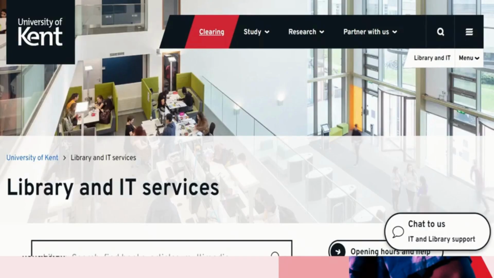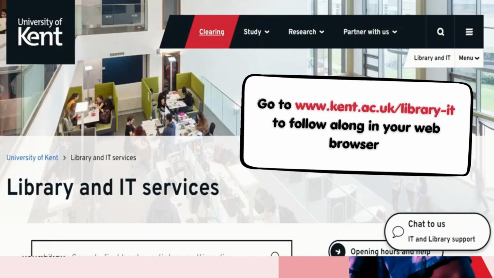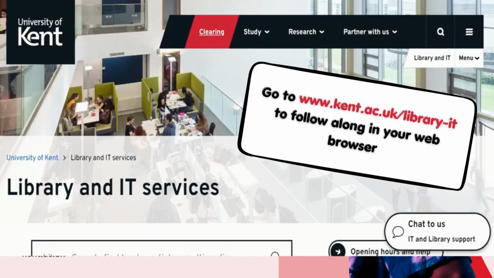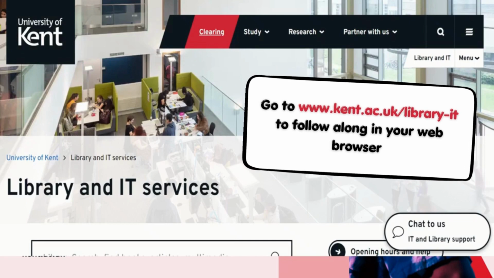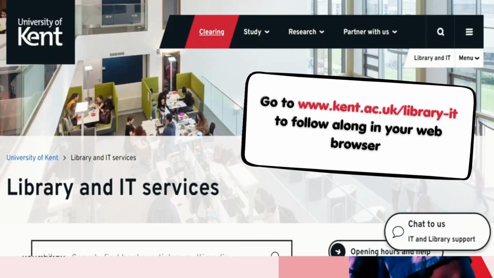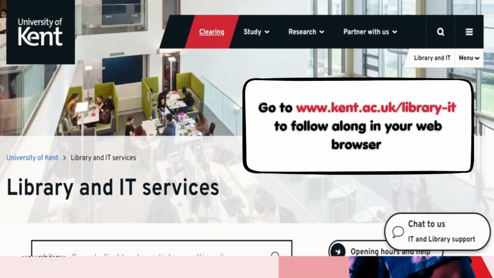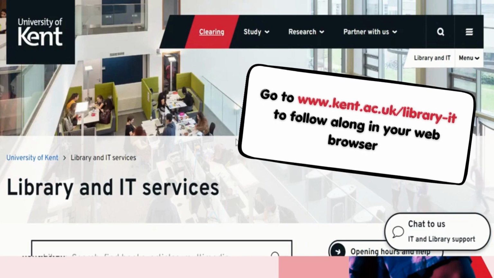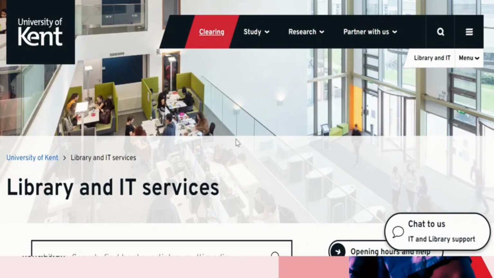Hello and welcome to this walkthrough of the Library and IT Services web pages. Today we're going to focus on all of the digital services that you can access through the Library and IT web pages. So we're just on the home page at the moment, and to get to the digital library section,